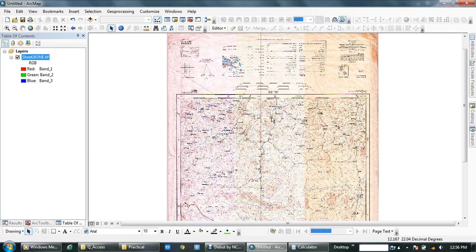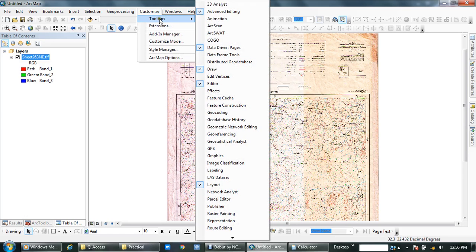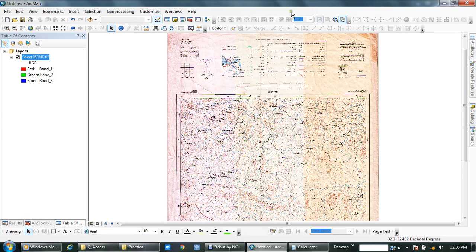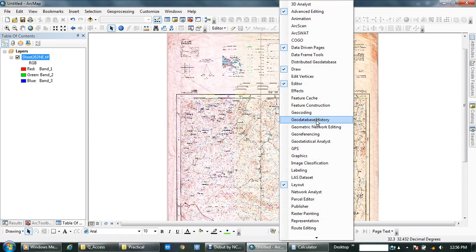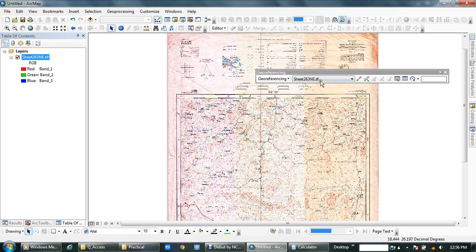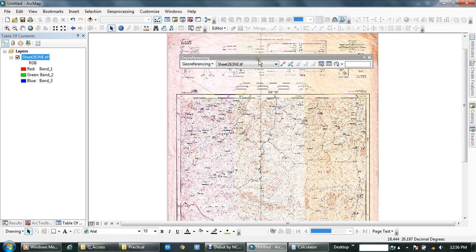So I have a tool, either by coming to customize, tools, you see all other tools, or we just right click on this environment and you see georeferencing. Also in this environment, the menus are arranged alphabetically. So we just pick on georeferencing and we have it here. Now,